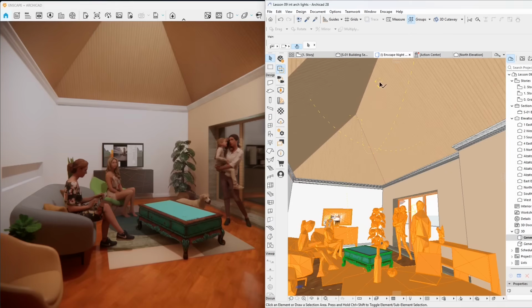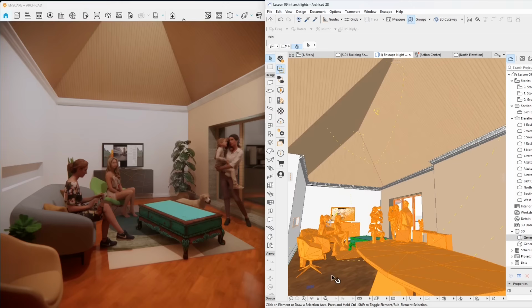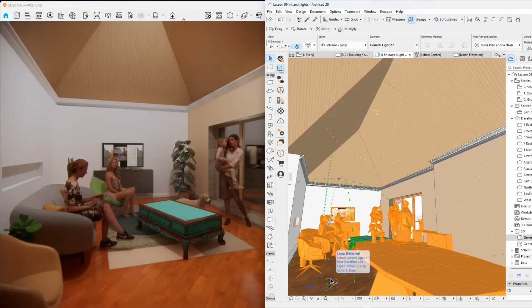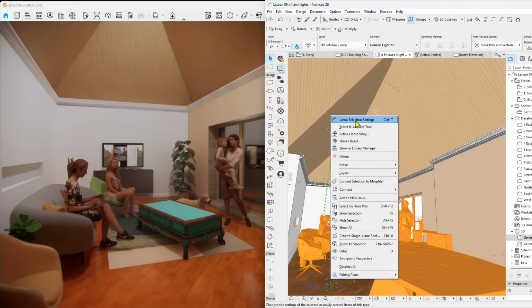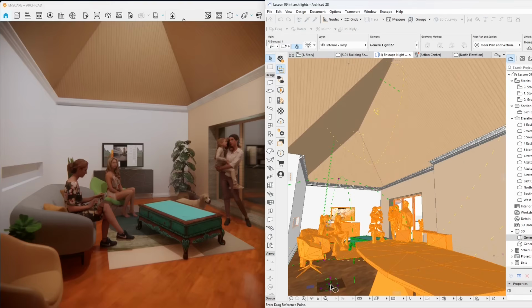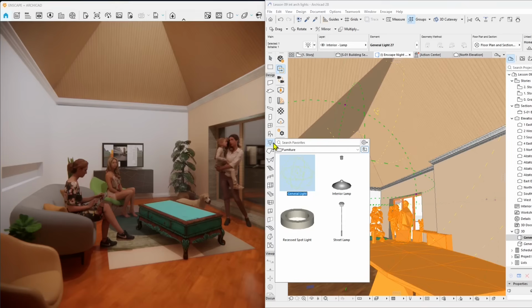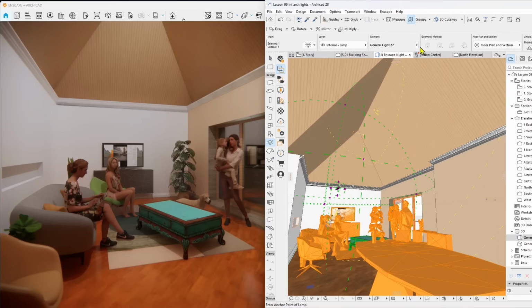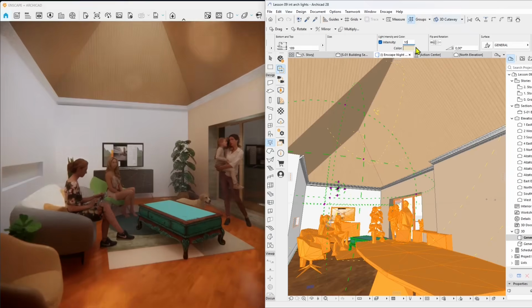One should be the key light, the other one should be the fill light, and then we have a backlight. We can say that backlight could be the window portal light, and the key light could be the one that comes from above, and then we can add a third one, which should be where the shadows are in the subjects. Try to make those shadows less intense. So I'm gonna position it somewhere right here, and then again, if I want, I can continue, I can change it. Also, you have other lighting devices in the ArchiCAD libraries if you want more types of devices like lamps, things like that. But I'm just gonna use these really basic ones.